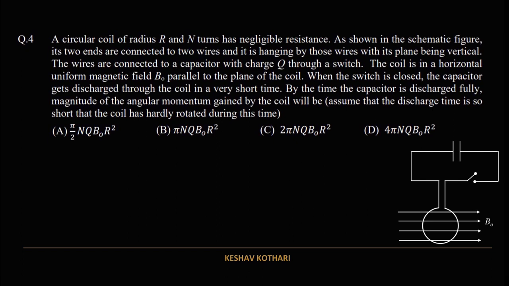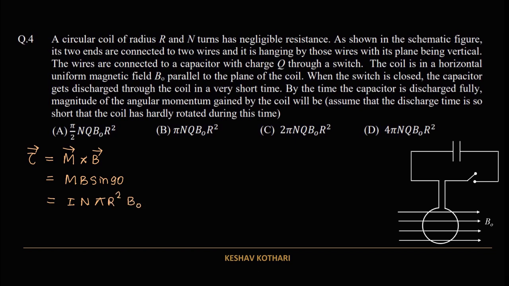So we are asked to calculate the magnitude of angular momentum. So I can begin in this way, that the value of torque produced can be written as m cross B, where m is magnetic moment cross the magnetic field value, that is equal to mB sine theta. In this case, sine theta is equal to sine 90, that is equal to 1. m can be written as I, current at any instant of time, number of turns n, area that is equal to pi r square into magnetic field B naught.